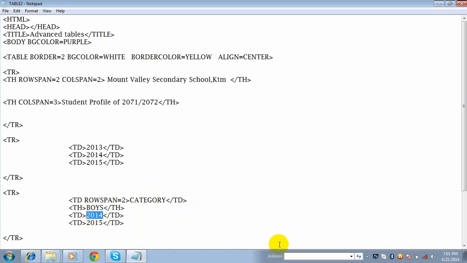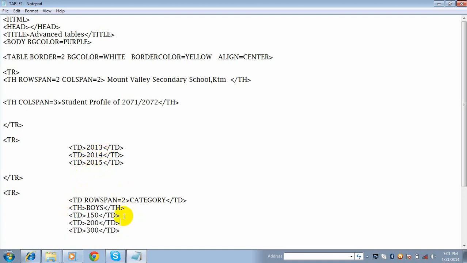Table data in 2013, 150 students from boys side, 200 in 2014. Similarly, in 2015. Okay, this many boys students have been passed till now, 2013, 14 and 15.